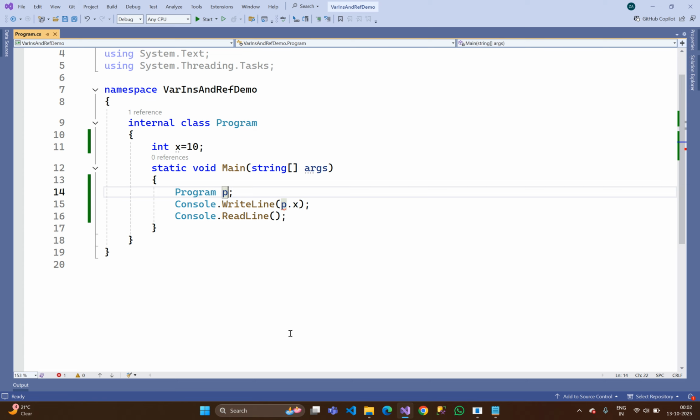Here, p is the copy of the program class, but p is uninitialized. Here p is called a variable. Okay, and suppose